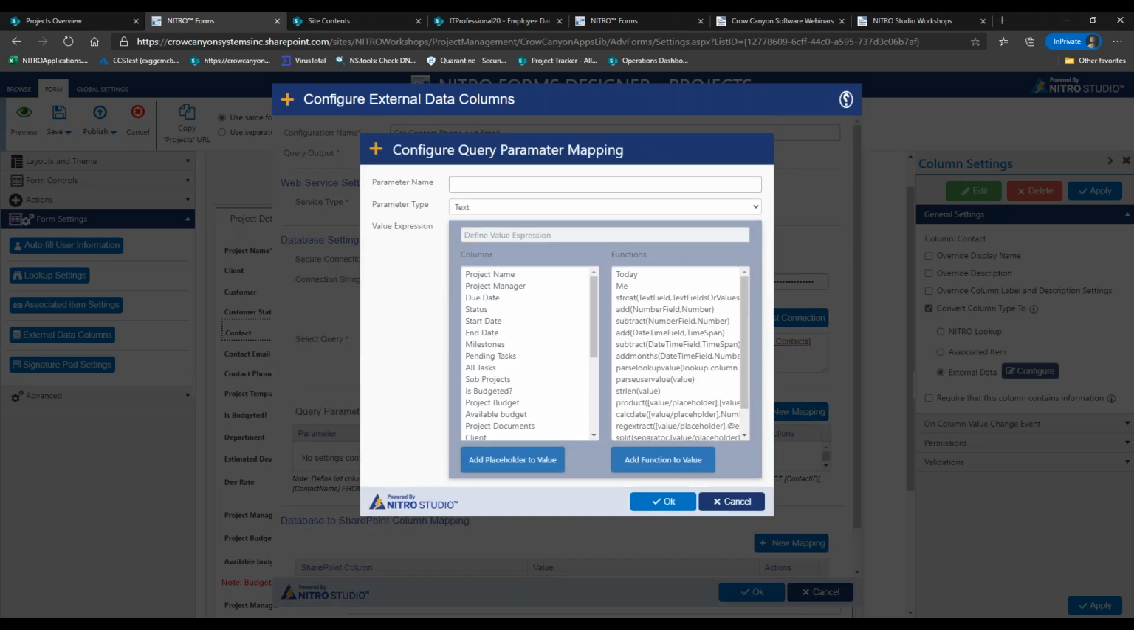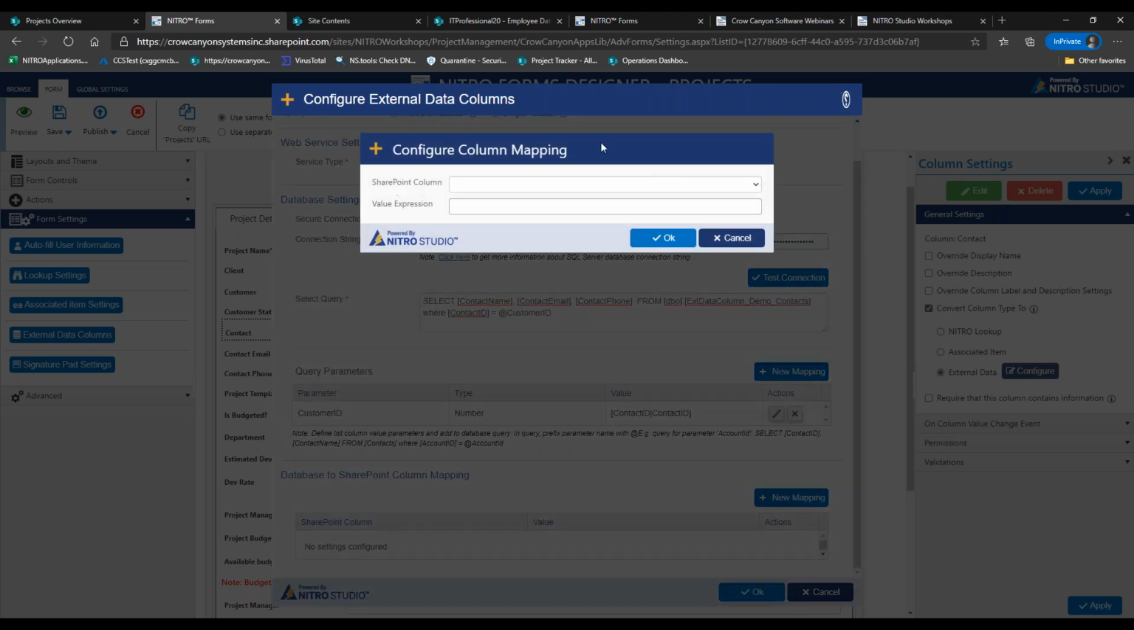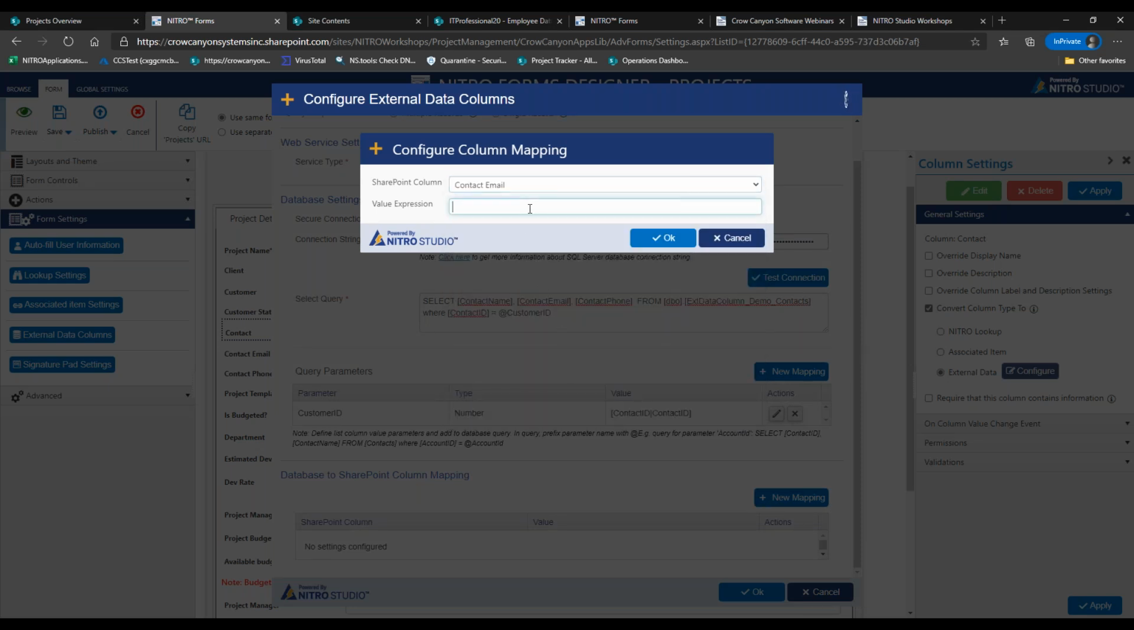So this is going to be that query parameter. So we do customer ID. And actually, I think the naming convention is a little funky, but we're actually pulling back the contact ID. So we actually, because we want to map the phone and email information we're grabbing to the contact that we've selected on the form, and then we can use our column mapping values here to map into contact email, and